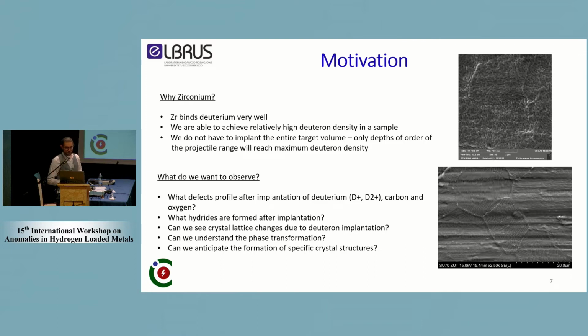So why are we using zirconium? In accelerator technology, we are having beam of protons and molecular deuterium to very high energies. And zirconium is helpful in our case because when we stick the deuterium inside the zirconium, it doesn't go out very easily. So we are able to reach a quite significant amount of hydrogen per metal atom, which is very important in terms of